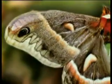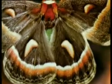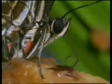The butterfly has a special place among the wonders of camouflage in nature. Some butterfly species have images of